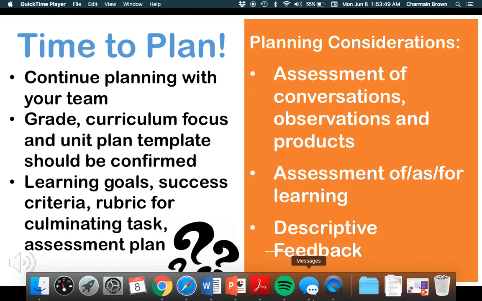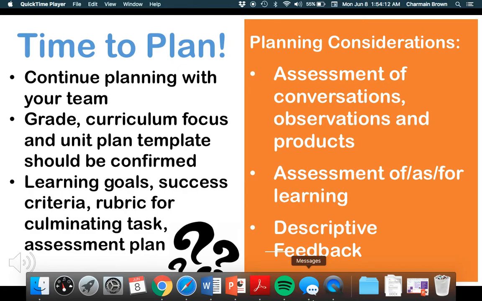One, what are the learning goals and success criteria for the unit overall? So what are going to be the key learning pieces? So you're going to be thinking about the specific expectations, clustering them together, and then thinking what are the big learning pieces that they need to leave this unit with, and then just a listing of what the success criteria would be for each one of those goals.